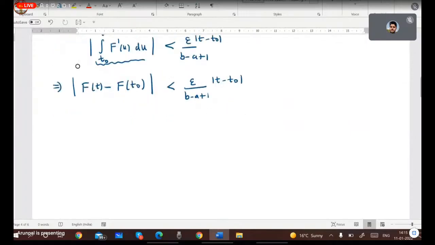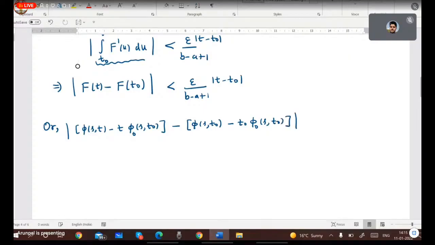So by using the definition of capital F, it will be what, class? phi of s comma t minus t phi naught of s comma t naught minus phi of s comma t naught minus t naught phi naught of s comma t naught. This is less than,